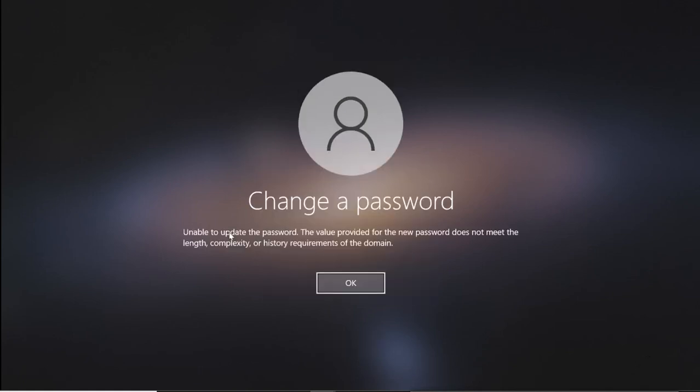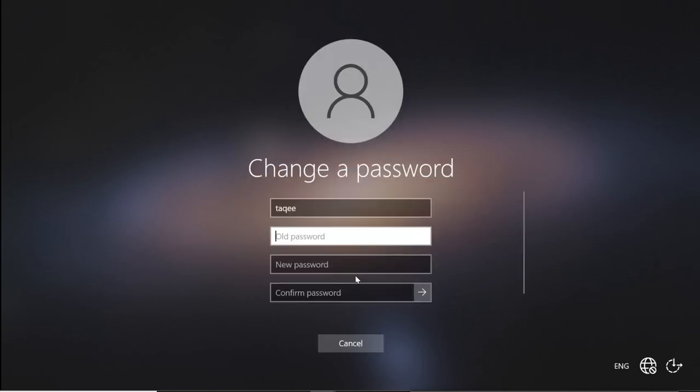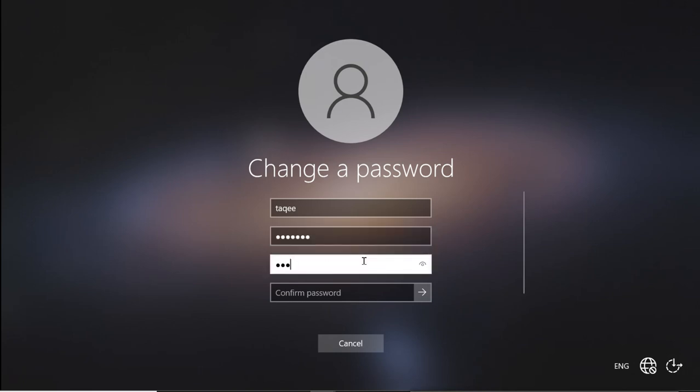It is not allowing me, and this time the complexity password policy is applying here. So when I press OK to change the password, it will not allow me to change. So I have to use a complex password, which is more than 7 characters. 1 2 3 4 5 6 7 is my current password. Now I will change it to ABC,